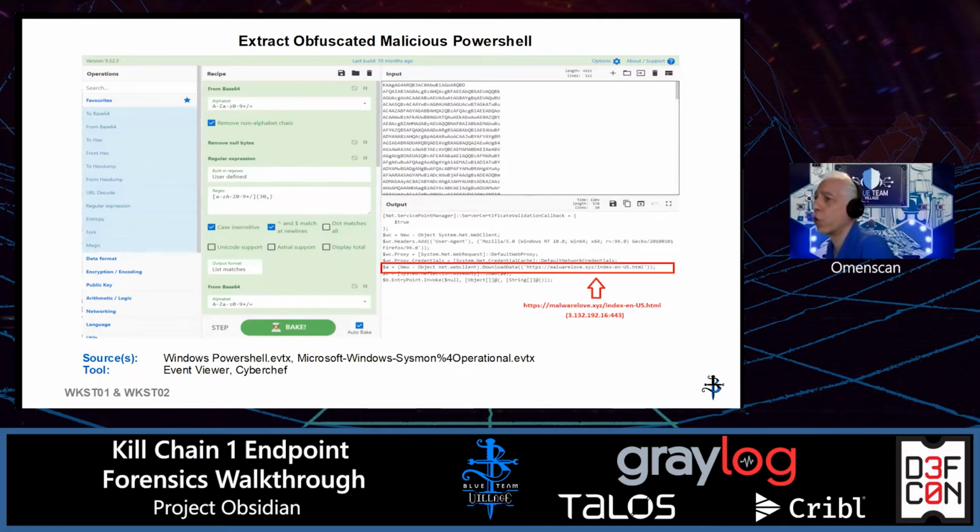CyberChef. CyberChef is a great tool for deobfuscating and analyzing data. In this case, the data went through several iterations of deobfuscation, and we'll do a demo of that a little bit later, where we finally came to the conclusion that this was in the bottom. You'll see in the bottom right the actual C2 server where malware was downloaded from. That is malwarelove.xyz. And if we do an NS lookup on that domain, it resolves to